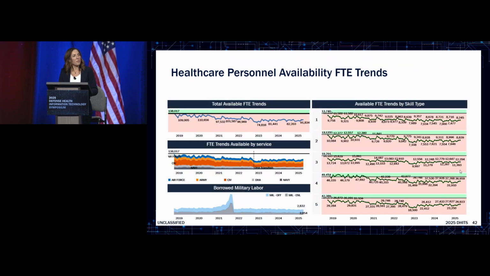So when we talk about availability trends, they've been declining for a number of years. And there's a lot of good reasons for that. And the data is what the data is in terms of this availability. But over the past few years, as we've gone through medical reform, the reform of the military health system transition, we've seen divestitures of military personnel.